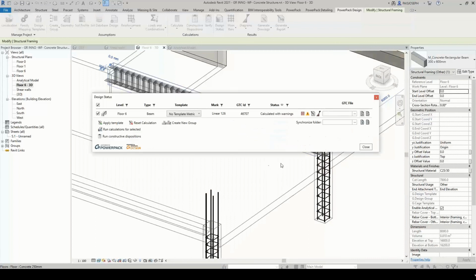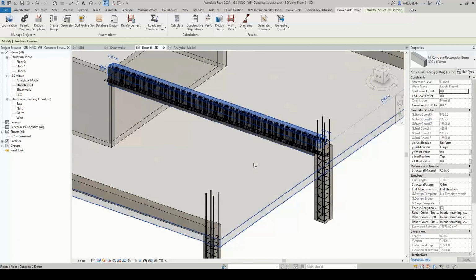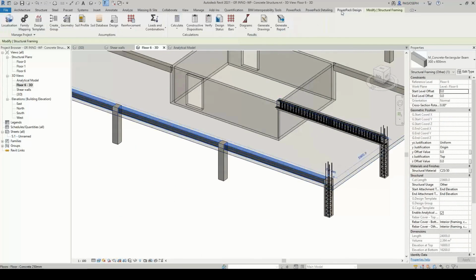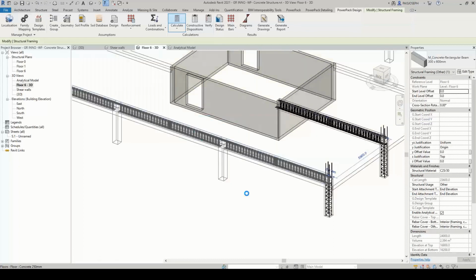I can calculate a structural member with this button, Calculate, and what our engine is doing, our PowerPack design, is taking all internal efforts coming from Advanced Design and using the local regulation.